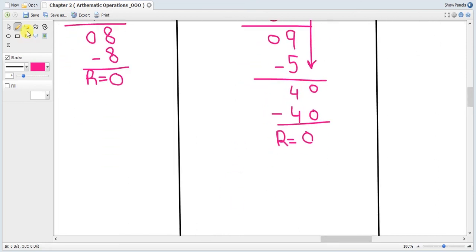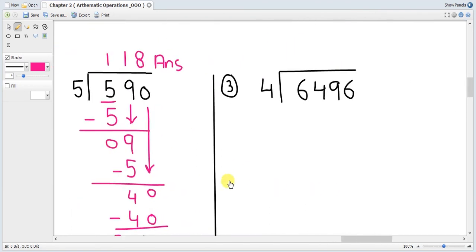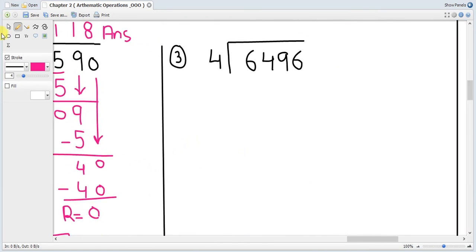And we can write this solution at the end as 118 remainder 0, right? This is how you can write your answer. Okay, moving on to the next question, which is